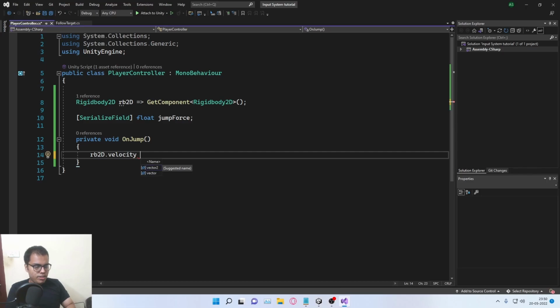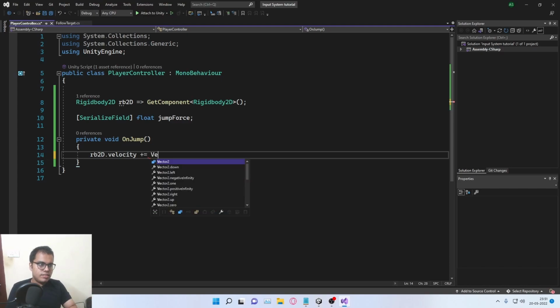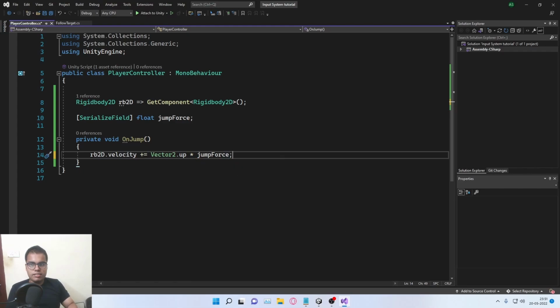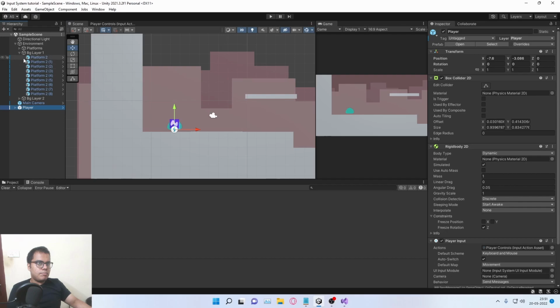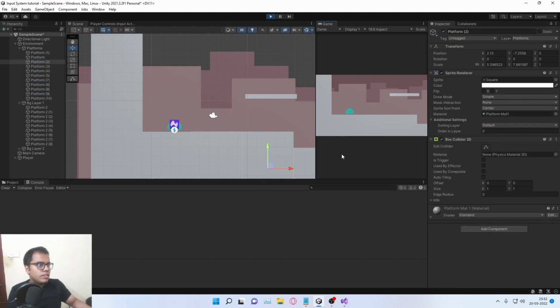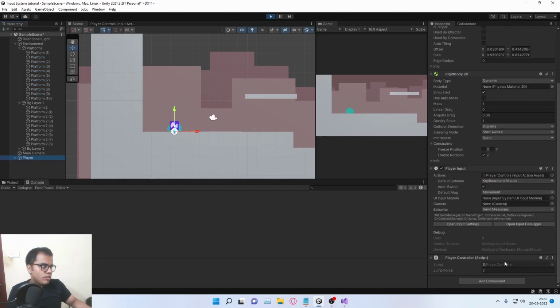So rigidbody2D.velocity, and since it's jumping, we don't want to change the x value, so we'll say plus equals Vector2.up, because we need the y-axis. We'll multiply it by the jumpForce, and that's it. So if you go back and click the player, you'll have a jump force. I'm going to set a value of 3, and if you jump, 3 is not enough, so I'll go back and change this to 6, maybe 8,